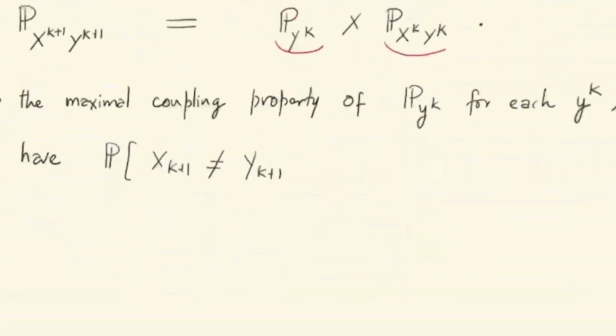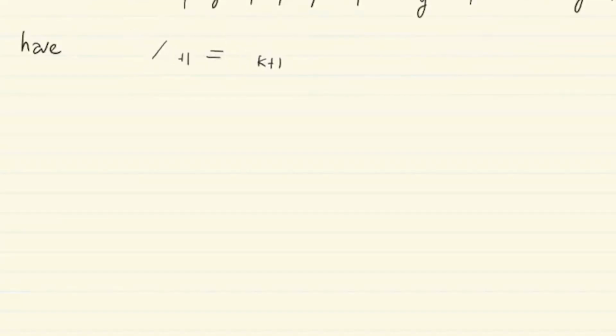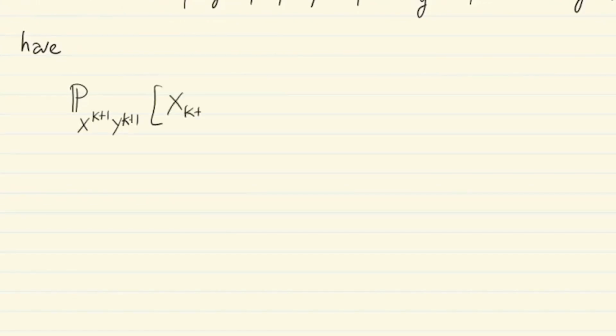This is under the extension coupling. So in fact, let me just be more precise and say that p under xk plus 1 yk plus 1 that we just constructed, of xk plus 1 not being equal to the k plus first symbol of y, given the past of x is small xk and the past of y